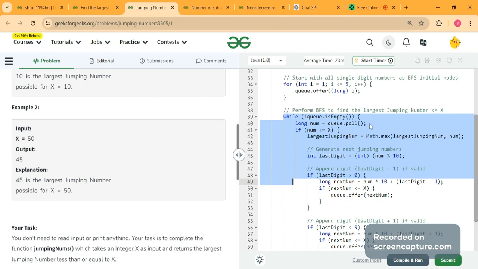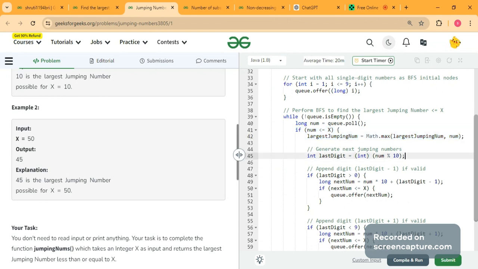We will poll the first value, and then we will check if this number is greater than the current answer or not. For example, right now this is minus 1, and we will dequeue 1 from the queue the first time. If we compare minus 1 and 1, obviously 1 is the larger number, so the largest jumping number will get updated because of this Math.max function.